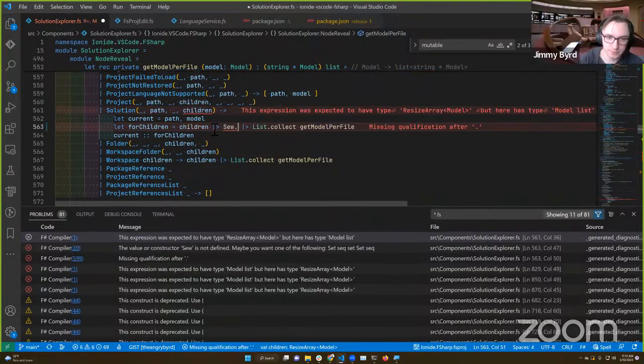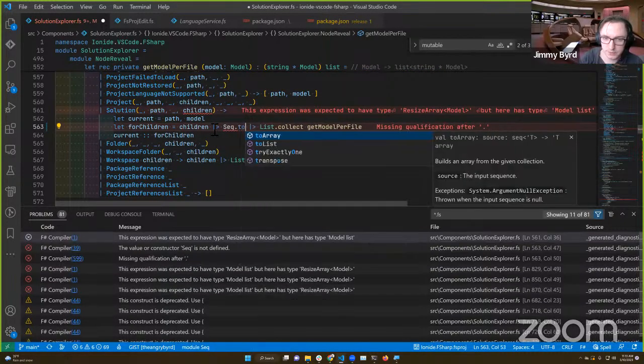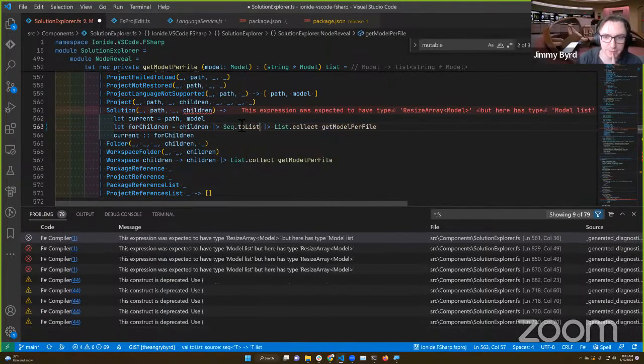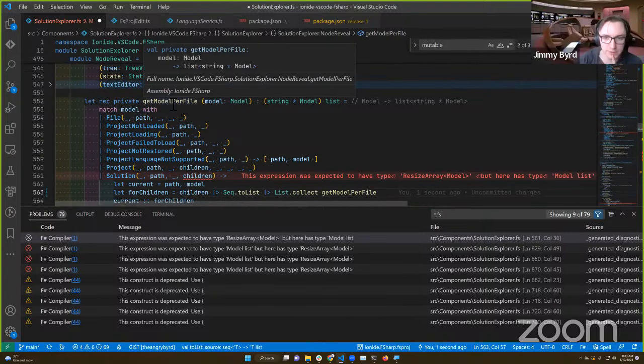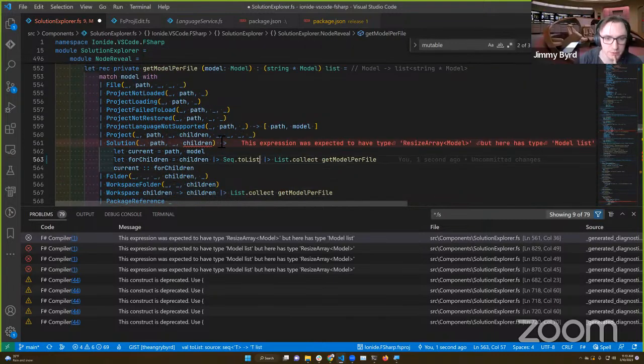Yeah. Obviously there's a lot of things that could be better, but let's see. Expect to have type. Why is this that? Is it because this is returning a list here? Or maybe I don't have something higher in the file, right?